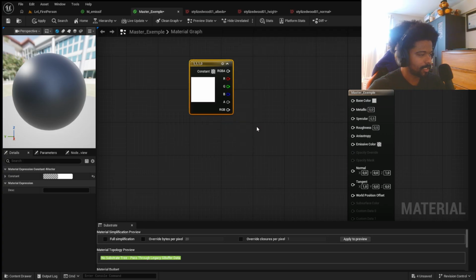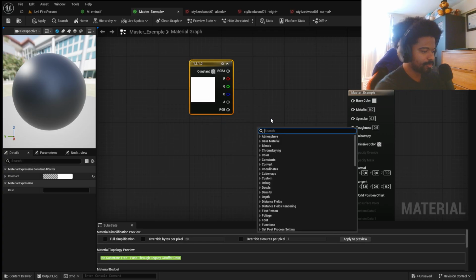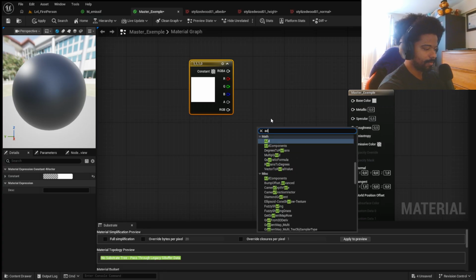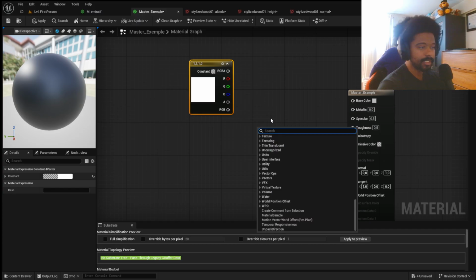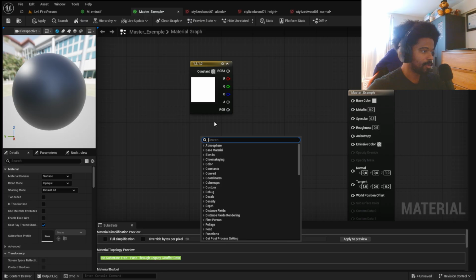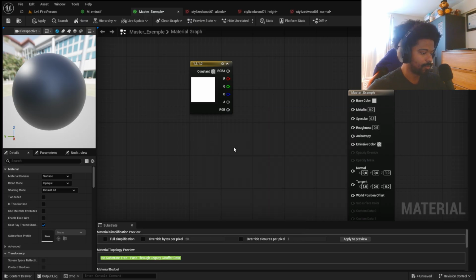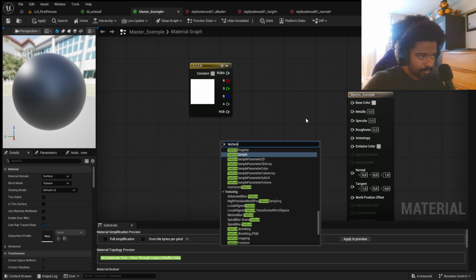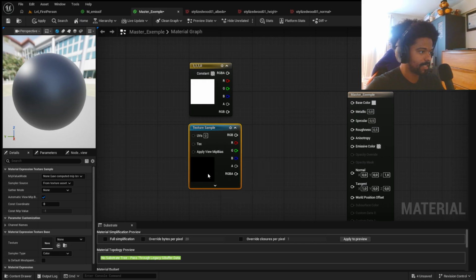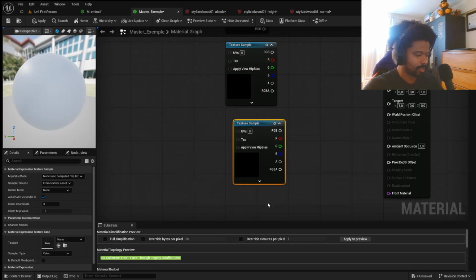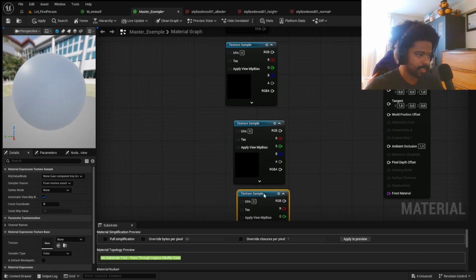Constant. You can click tab. This is how you write multiply, or this is how you'll find the nodes that you need in your shader. Or you can right click too, that's the one that I use. So texture sample, this is the one we want to use for our texture maps. I basically copy paste, Control C, Control V,